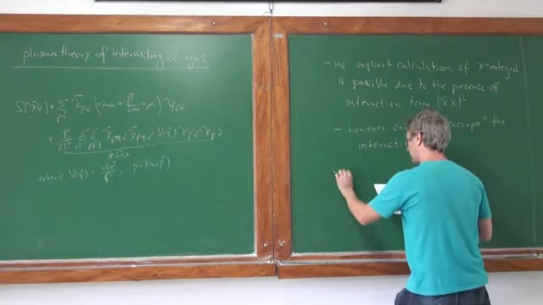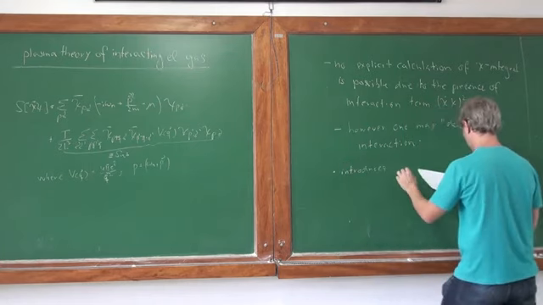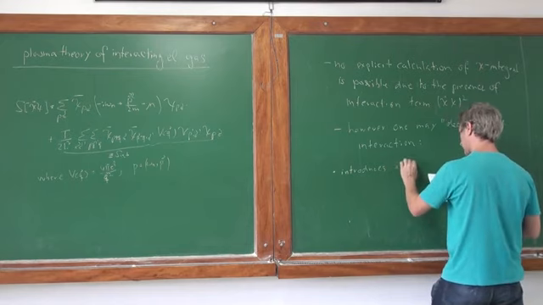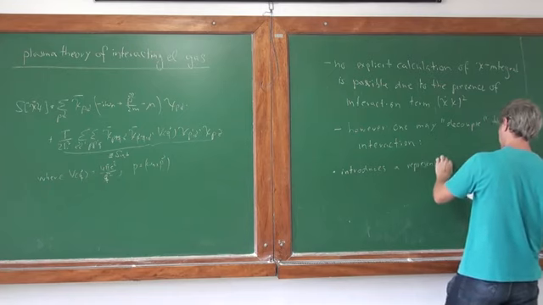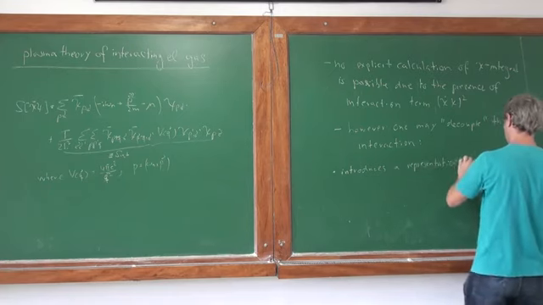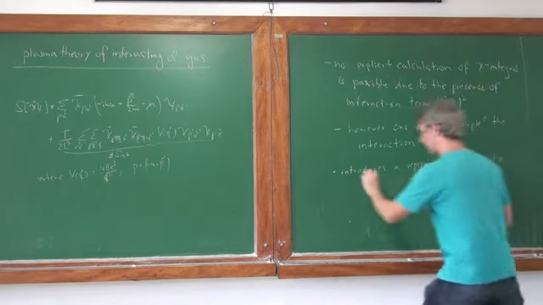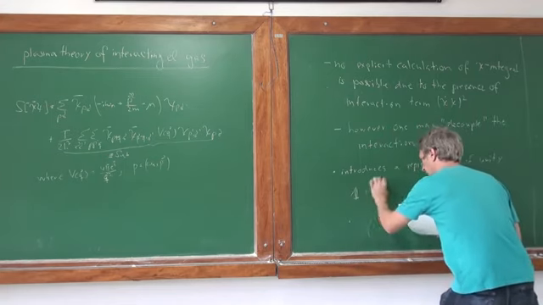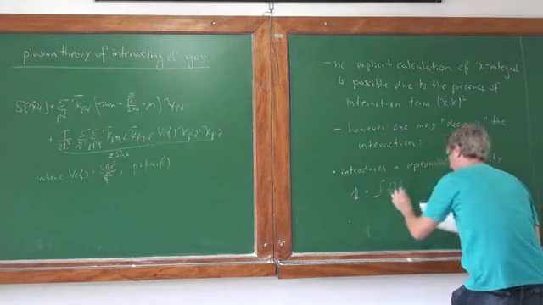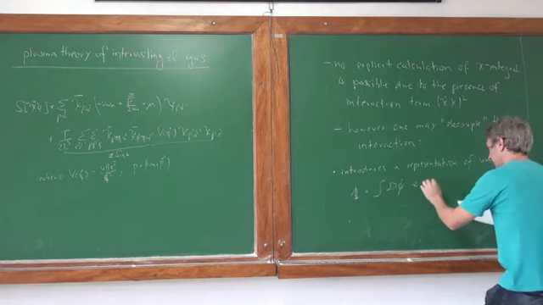So one introduces a representation of unity. So one just writes the one operator in some complicated way as a field integral over some Gaussian field, which